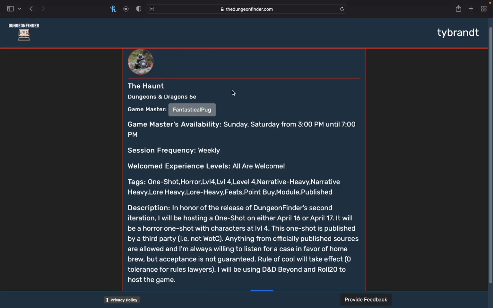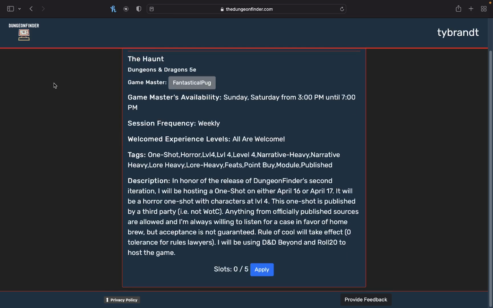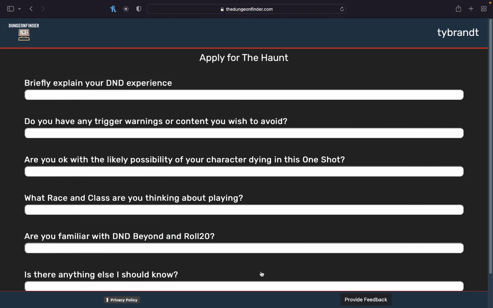and a link to their profile. Some games do prompt for an application, which can be noted based on whether this button here says apply, or if it does not require an application to be filled out, it will say join. For games that require an application, you just click apply, and it's going to take you to a form of